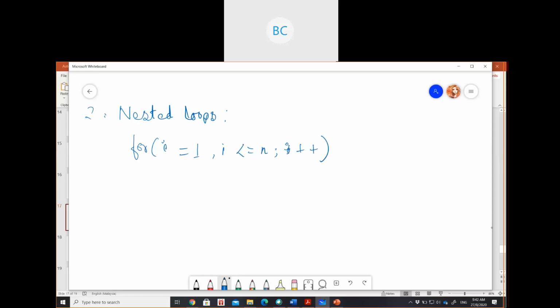Anyway, it's going to run n times. Then within the for loop, there will be another for loop. Then there will be some statement, say a plus b, or any statement.